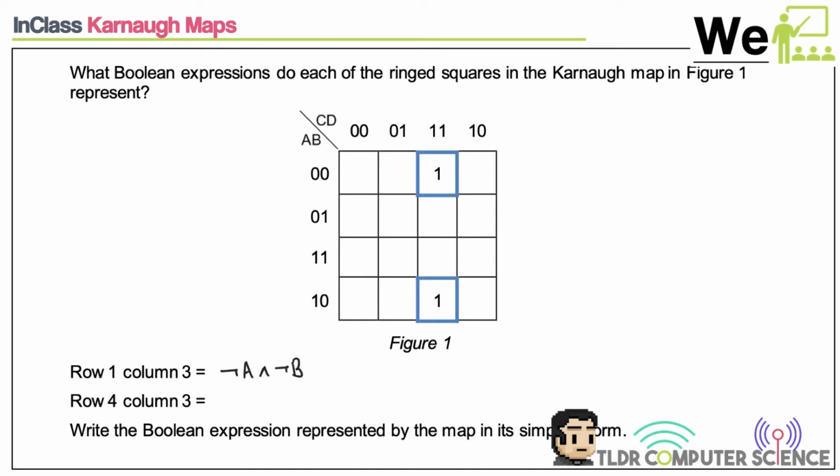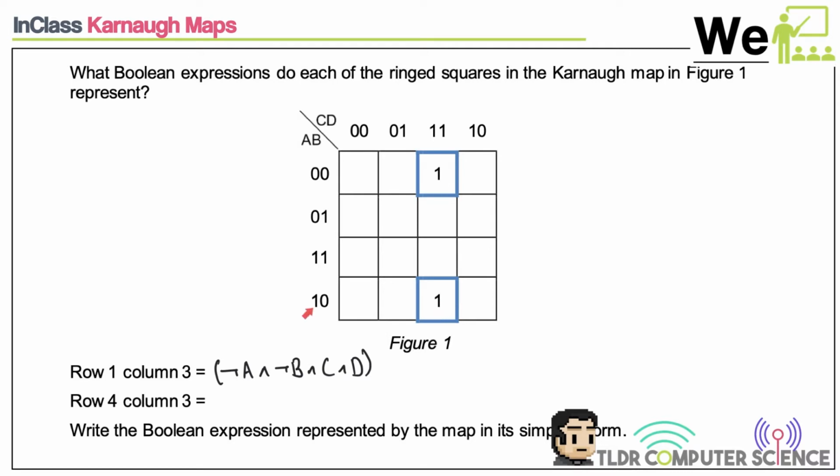And then on the other side, C and D are both 1. So it will be and C and D. Okay? Now, if you wanted to combine that with other ones, you put brackets around it, and there'll be ors to combine it. On this one here,